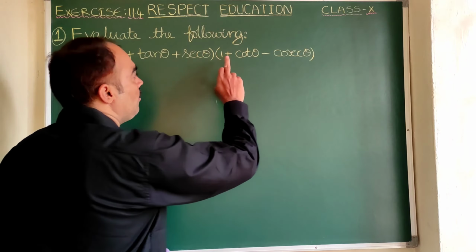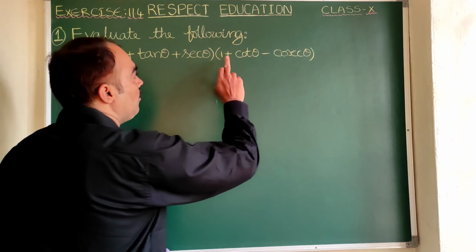Now from the trigonometric identities, can you tell me what is cos square theta plus sin square theta? 1. Because sin square theta plus cos square theta is equal to 1. Sin square theta plus cos square theta is nothing but cos square theta plus sin square theta. Clear? So this can be replaced with 1. So here is a 1 plus 2 cos theta into sin theta minus 1, divided by, let us maintain the denominator as it is, cos theta into sin theta. Here, observe what formula you have applied: in place of sin square theta plus cos square theta, we have written 1. This is the reason.